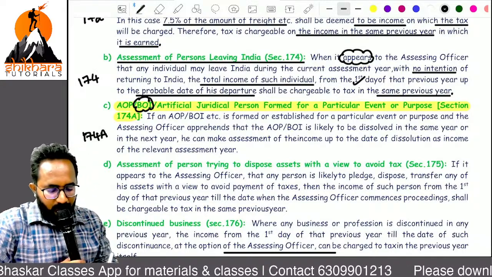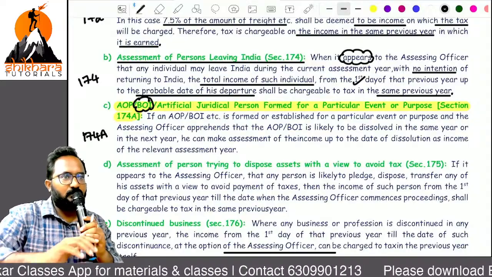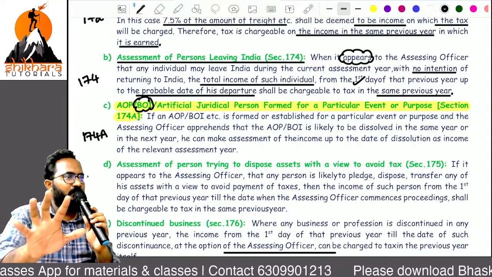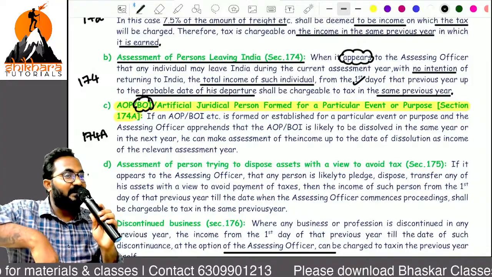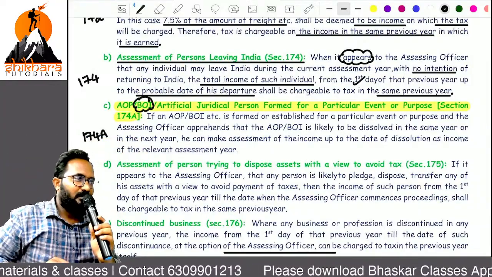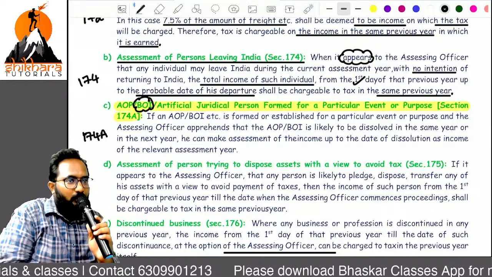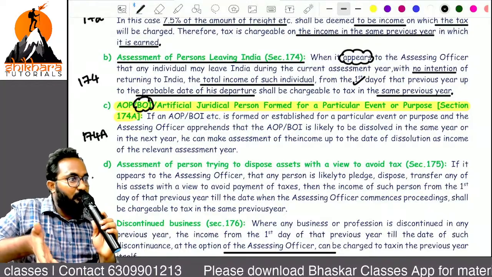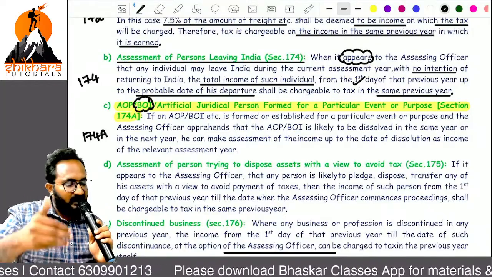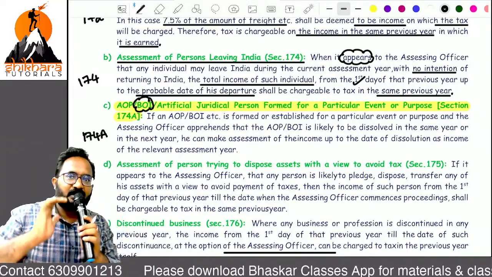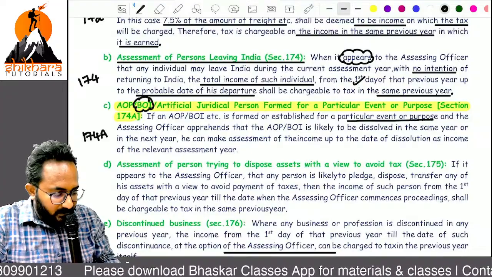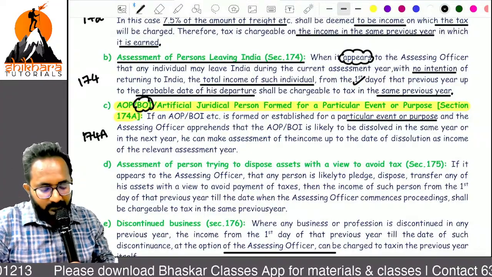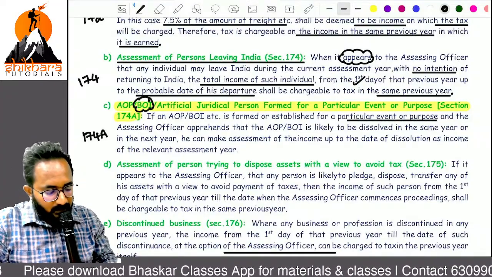Example: during this year's Diwali, they sold the crackers and earned a profit of 10 lakh. Generally, in which year are they required to pay the tax? Next year. But next year there is no body of individuals, because they discontinued in the previous year itself after the accomplishment of that event.